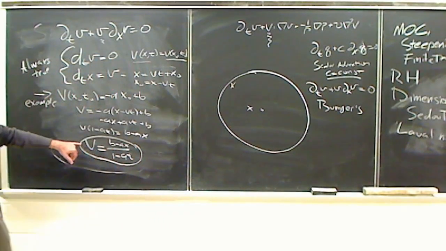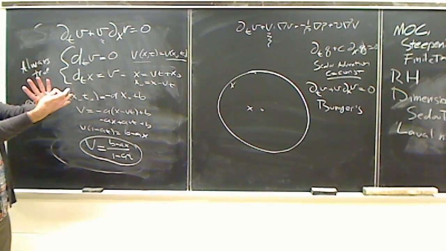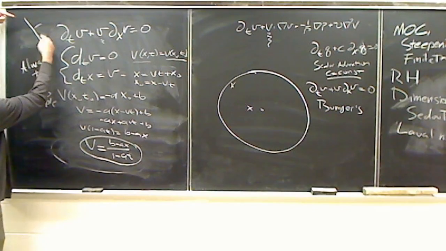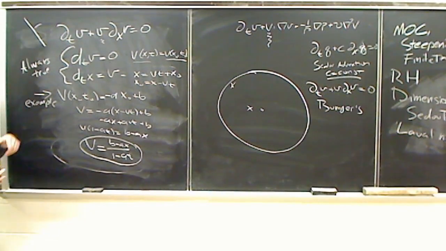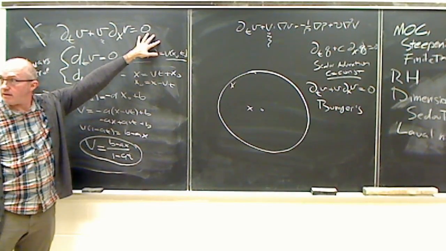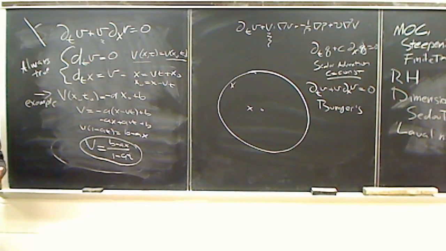So here, I have this pile up and it makes an infinite velocity, because my initial velocity looks like this, and this stuff is moving faster than this stuff, so it just pancakes into this stuff and the velocity goes crazy. That is without pressure and without viscosity. When you add pressure and viscosity, the problem gets a lot harder. But this is useful because we can see just what this term wants to do. What this term wants to do is become singular. Okay, so now that we know that